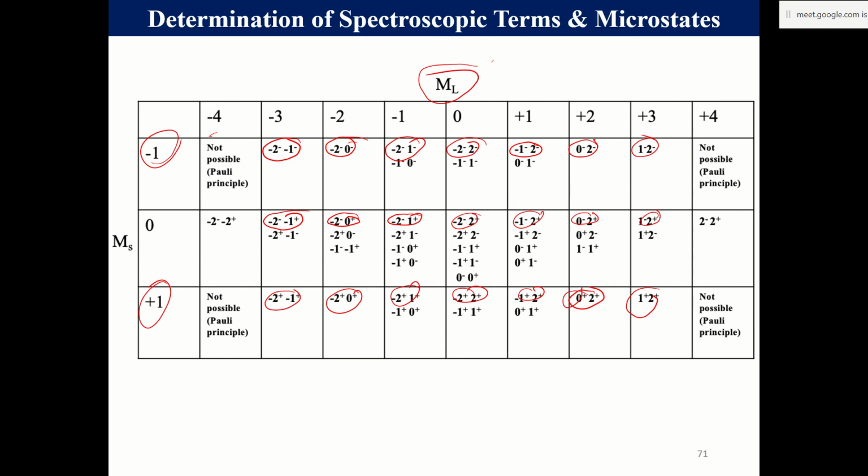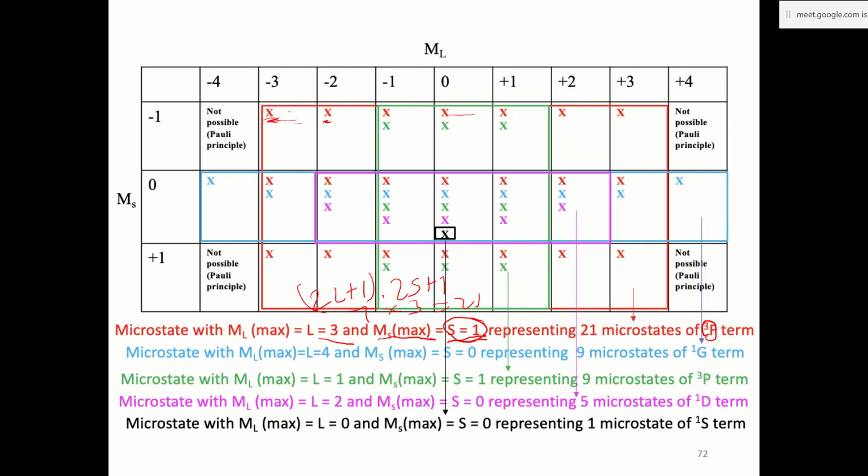Okay, this one. So you need to cross it out. All these, when you identify, they are 21. These are the 21 microstates. Next you move to the